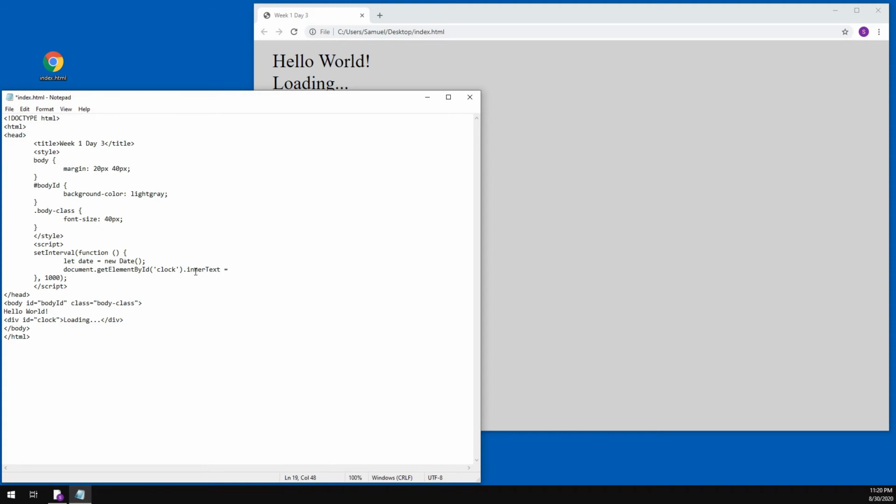So now we are going to set the innerText on this element, because we are getting it, to date.getHours plus, or concatenate, single quotes, a string with a colon, and then concatenate date.getMinutes, and you guessed it, another one, because we're making a clock, get